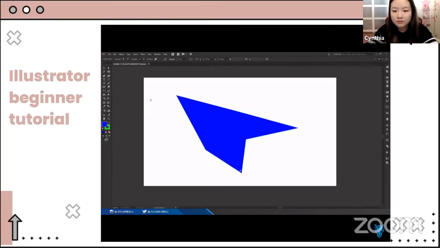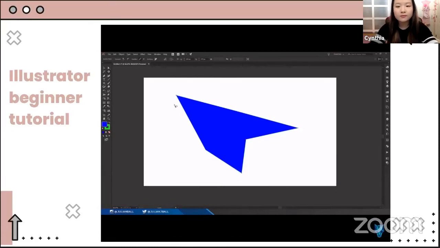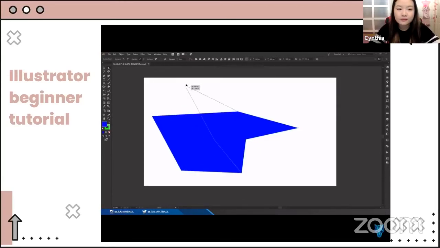You can also direct select multiple points using the lasso tool. So you can hit Q on your keyboard to go to this tool, and then I can draw a little circle around any points I'd like to select, and I can also select multiple points. Then I can go back to my direct selection tool, hitting A, and move these points individually.